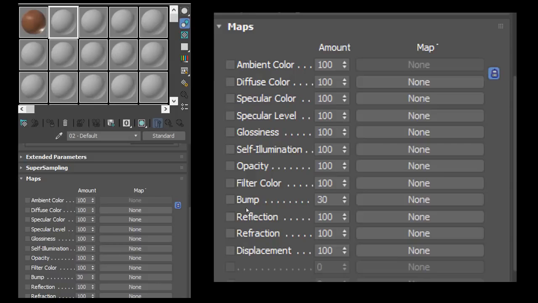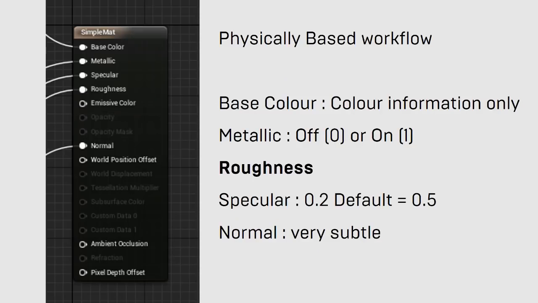So this workflow, we're used to cheating a lot. For example, when we put a black and white bump map of a brick texture with the light coming from above, the bump is hard-coded into the actual texture, or we will put some bit of dirt in our diffuse color to add some variation, or for example the color of a metal would be in the reflection slot here. So these are all things which we're used to, and it's this new workflow, which is called physically based workflow,